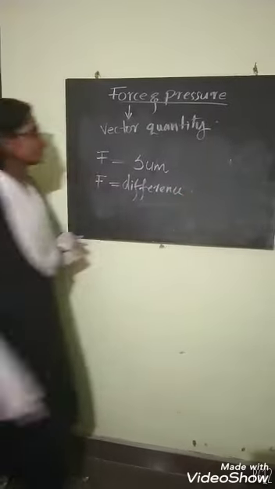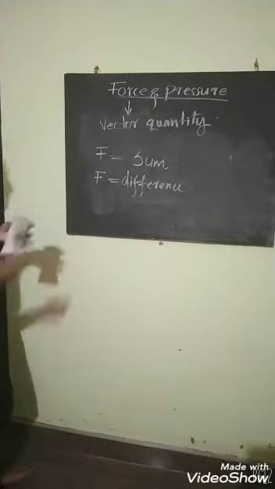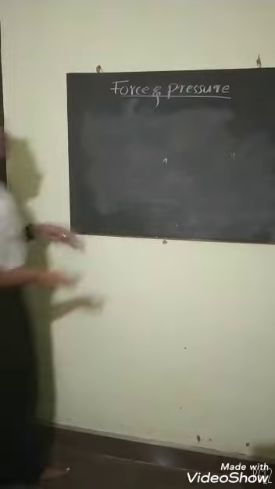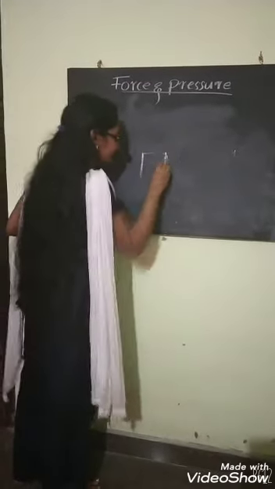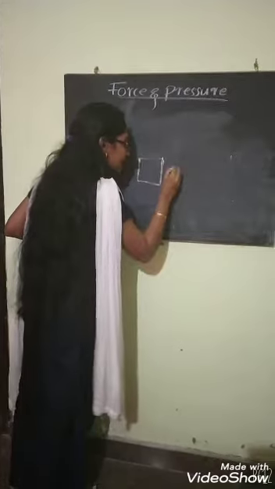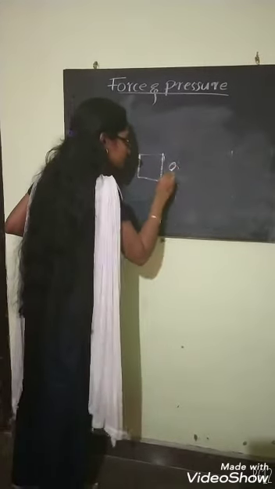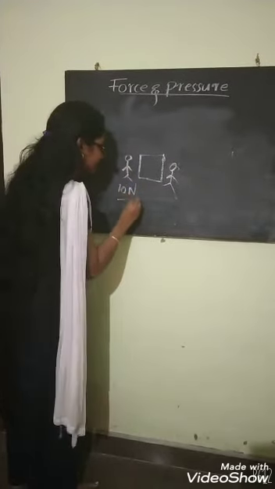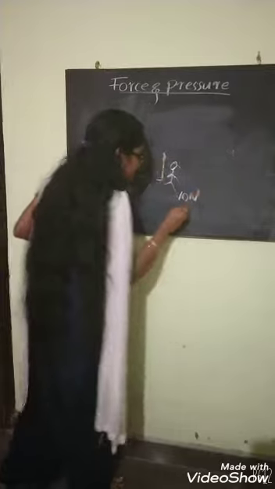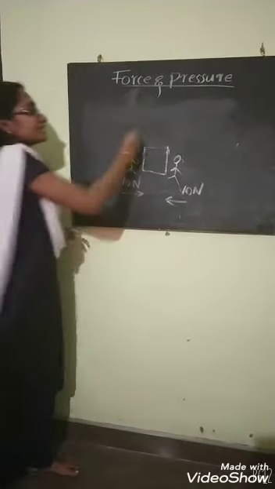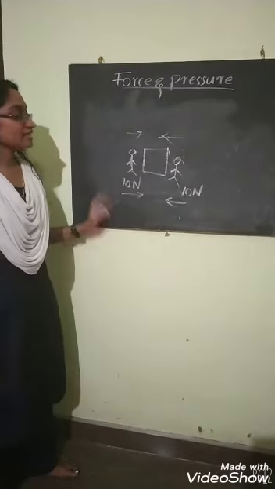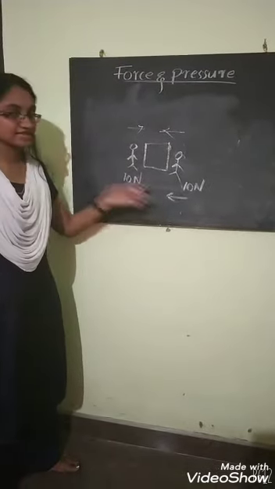It is the difference. This is happening here. And there is another question: what happens if there is zero acting force on an object? Again, I am taking the cube and a person. Acting force 10 Newton in this direction and 10 Newton in this direction. We said for acting forces in opposite directions, what do we do? We find the difference. And when we find the difference in this case, what do we get?